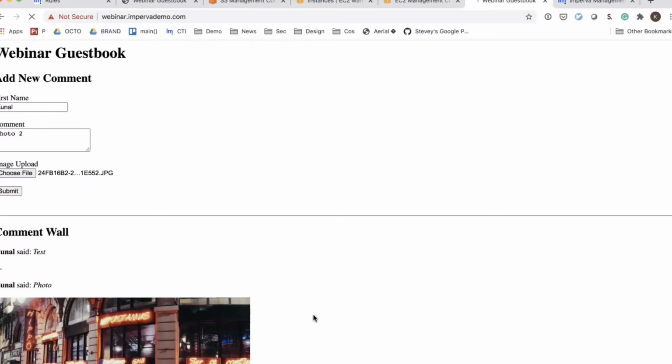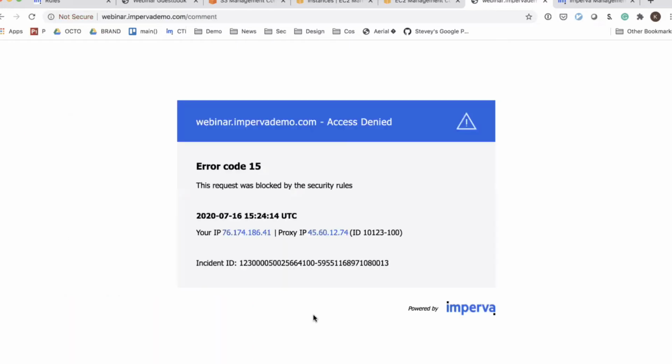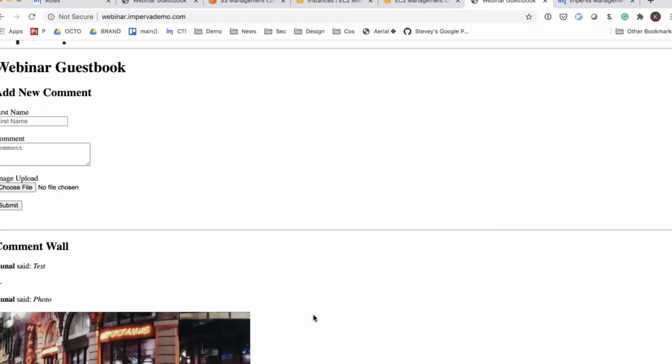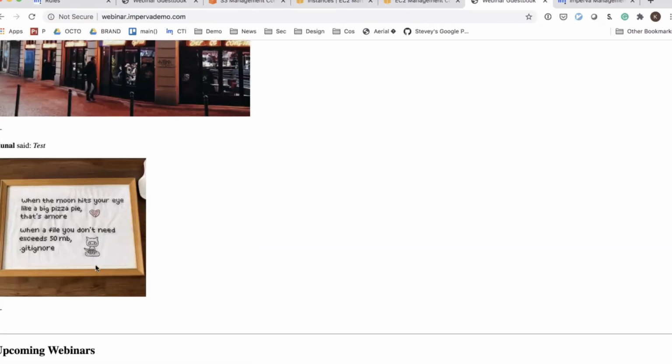Because what we've done on the Cloud WAF side is we've understood that this is a large file coming through the wire, and we're actually stopping it. We're preventing it. We're going to block, and there you go. We blocked it based on a security rule. So we were able to trigger that this is something we should not allow, something we don't want to come through the other side. The file upload we were expecting to see just didn't happen.